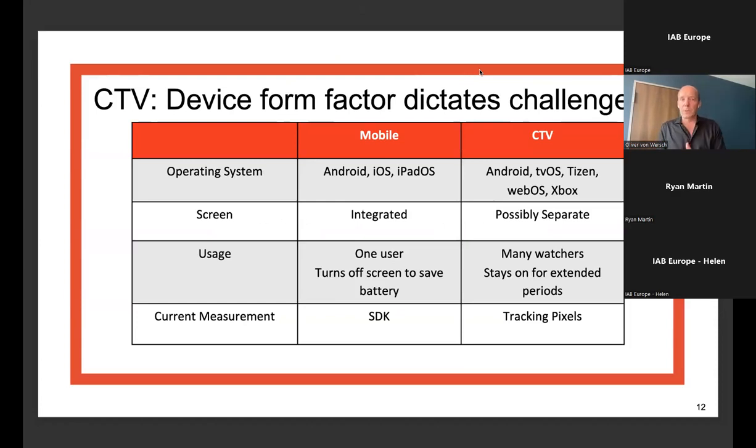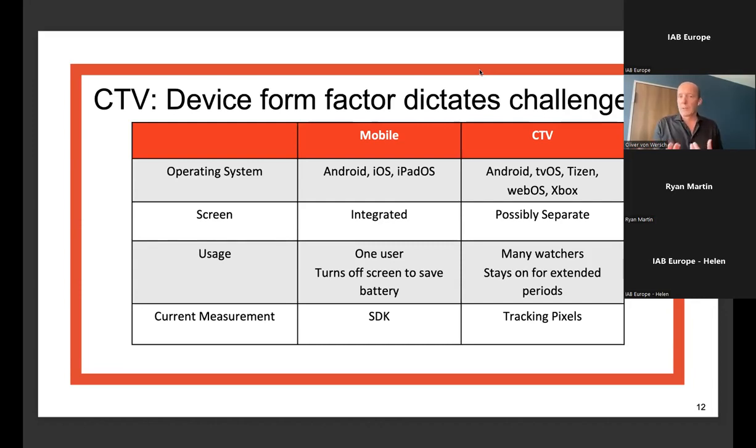The difference between mobile and CTV here is obviously that there are even more operating systems, which leads to more fragmentation technology-wise, which has to be bridged in the long term. We are not fully done covering all CTV platforms, but this is more complex, and we see it in the mobile world, where we basically have two operating systems. I skip smaller ones on that one, but Android and iOS are the dominating operating systems in the mobile world. In CTV, there's a more fragmented market, and we have to bridge that.